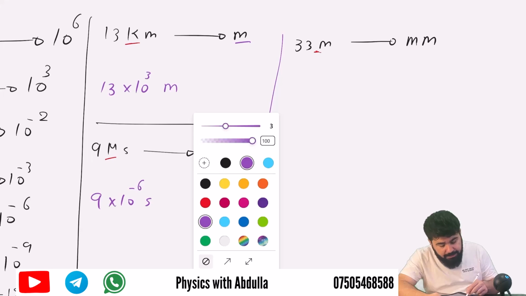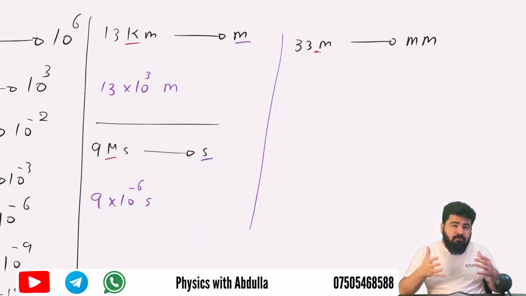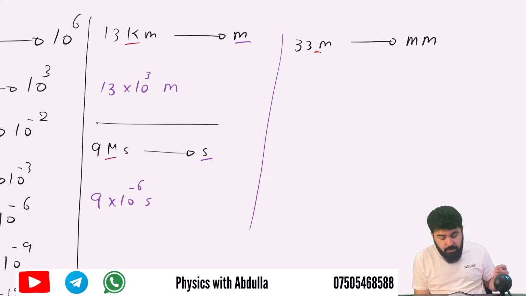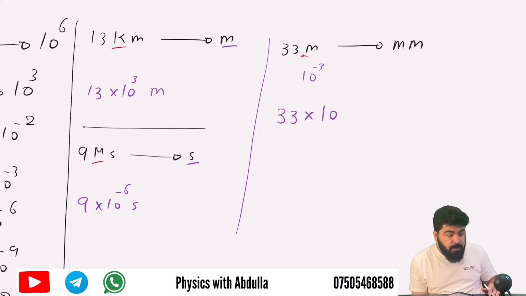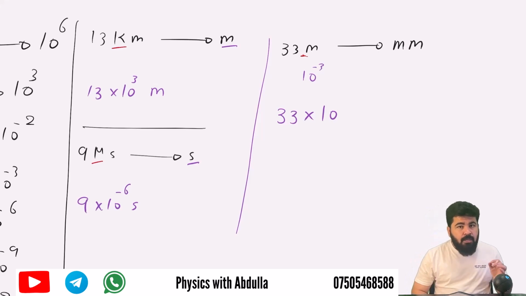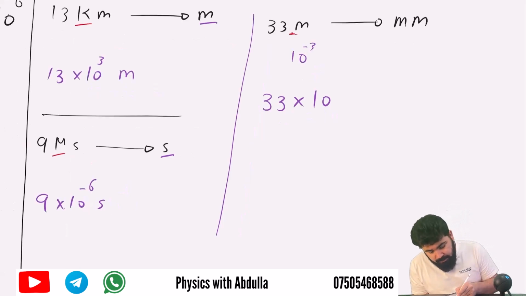So whenever you add a prefix to a unit, okay, meter here is a unit, and we are adding milli to it. We're going to say what? 33 times 10 to the power. We know milli is equal to 10 to the power of negative 3. So we're going to say 33 times, not 10 to the power of negative 3. When you are adding a prefix, always put powers of 10 oppositely. If it's 10 to the power of negative 3, I'm going to write 10 to the power of 3